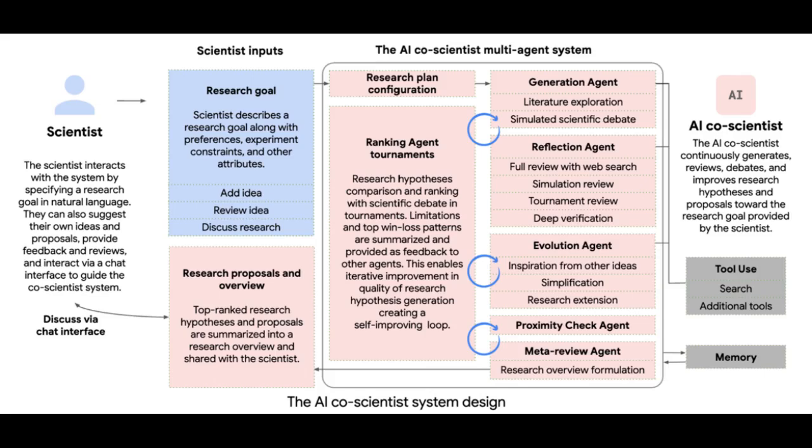To do so, it uses a coalition of specialized agents: generation, reflection, ranking, evolution, proximity, and meta-review that are inspired by the scientific method itself. These agents use automated feedback to iteratively generate, evaluate, and refine hypotheses, resulting in a self-improving cycle of increasingly high